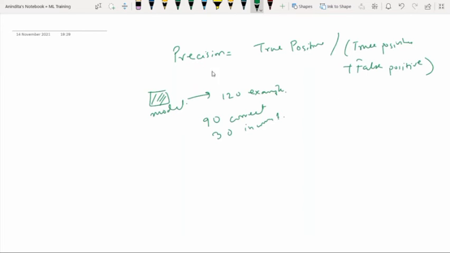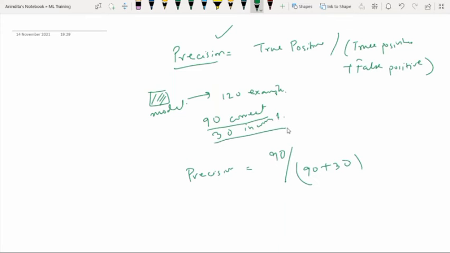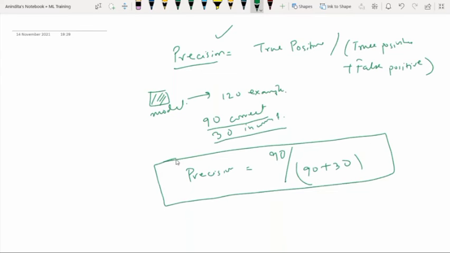At that point of time, how can I calculate precision? I will use this formula. The value of the precision will be evaluated as 90 divided by 90 plus 30. Here 90 are the correct values predicted, 30 are the incorrect values predicted. So this is the actual computation of precision.